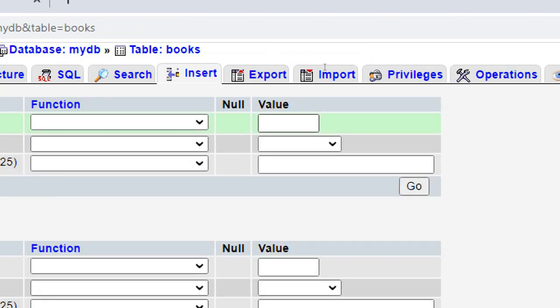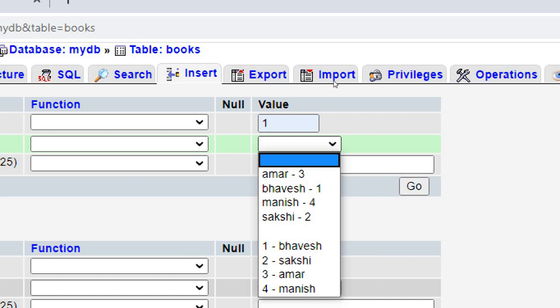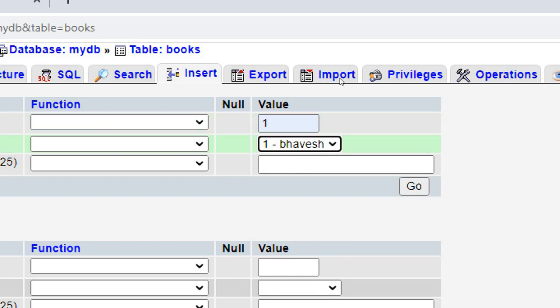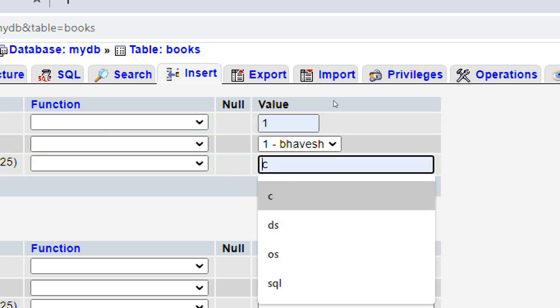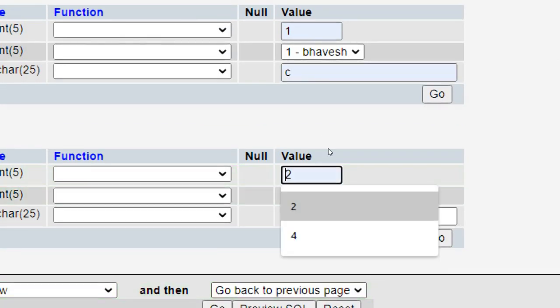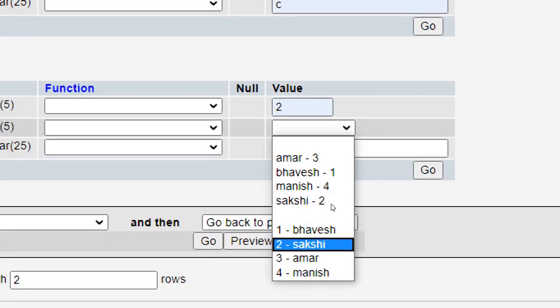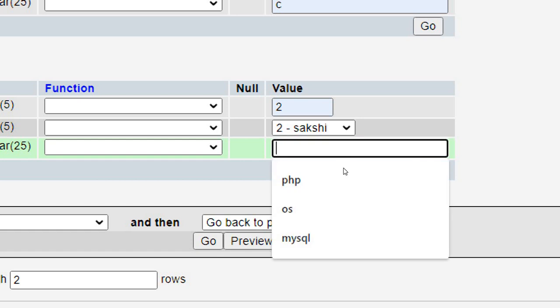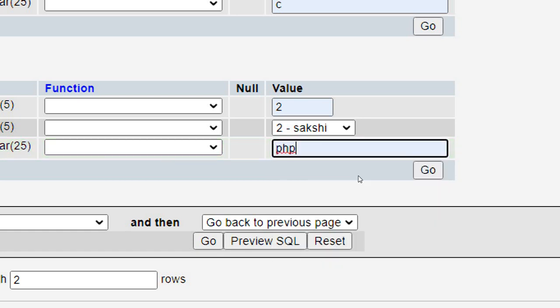After that, click on the books table and also add some records. Insert, select one. Here it's your foreign key. In author ID, you must select an author ID which exists in the parent table. For example, the first author name is Bhavesh, and the book name is C. Again, for the second author, select PHP.